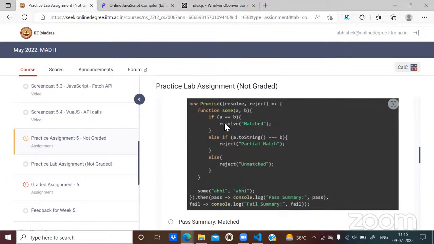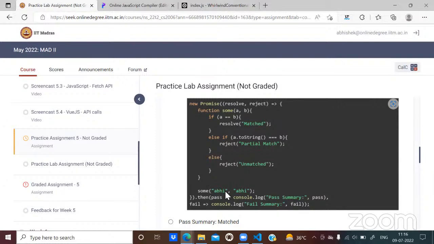Okay, so what is going to happen is you are calling this resolve with the message matched, right? That means this promise is going to be resolved. Now, remember again the thing that I have been insisting for these two things. The name does not matter. What matters is the position. What matters is the order. Similarly, here the order matters.